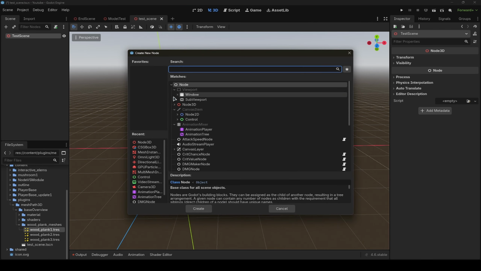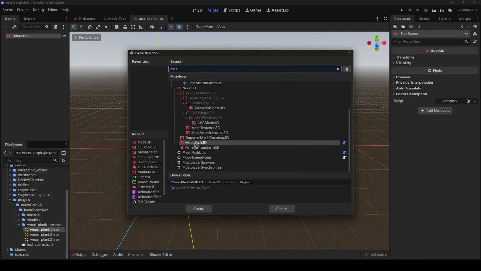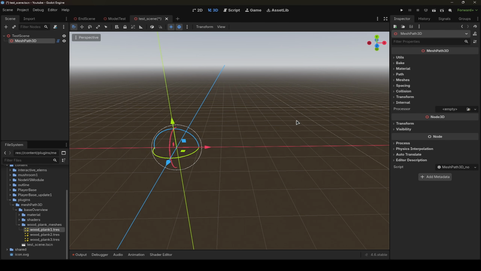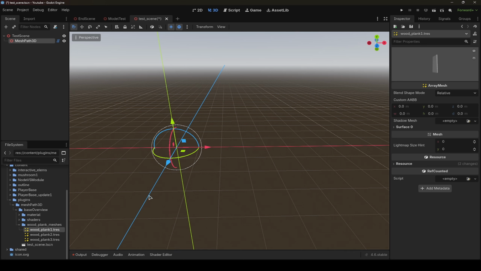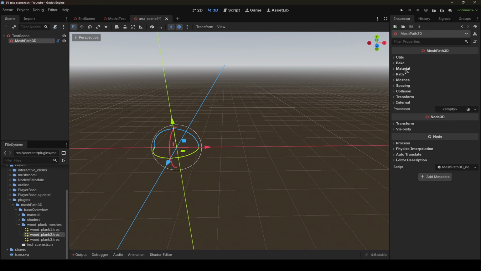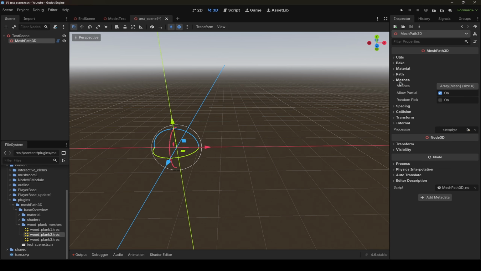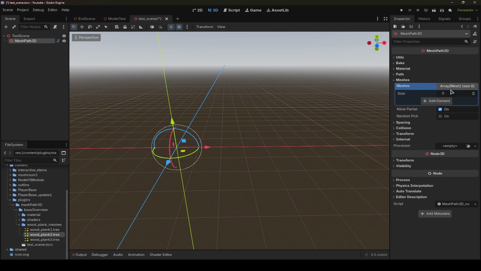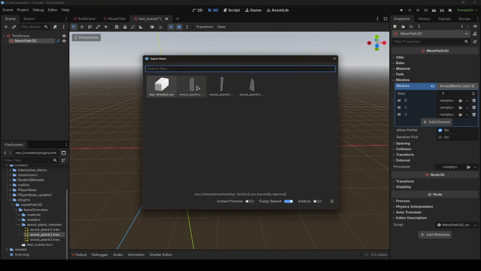We need to instantiate the Mesh Path 3D node. And here are all the basic settings. You need some meshes that you will use. In my case, it's blank. I use this mesh to build walls, like a wood wall from planks. So in my example, I have 3 meshes saved in my project. You will go to Mesh Path, Meshes, and here is the meshes array. Open it, add the meshes you want to use,